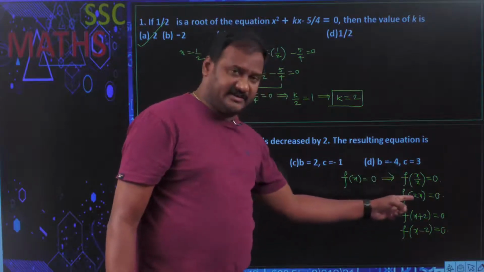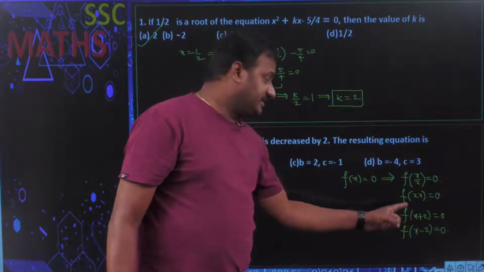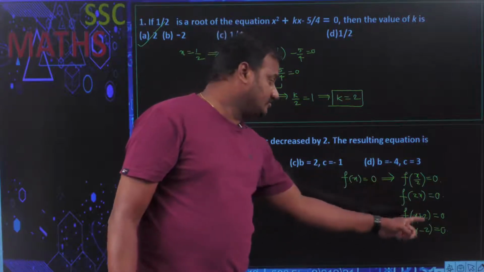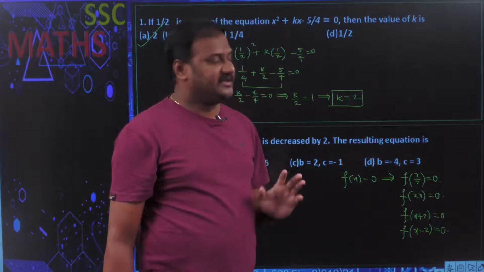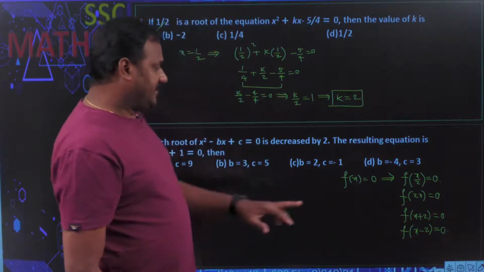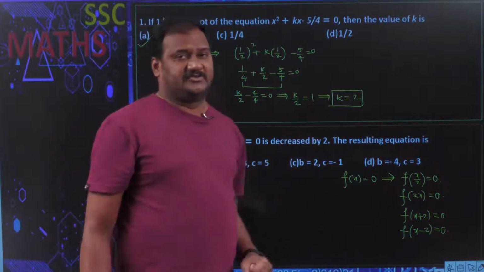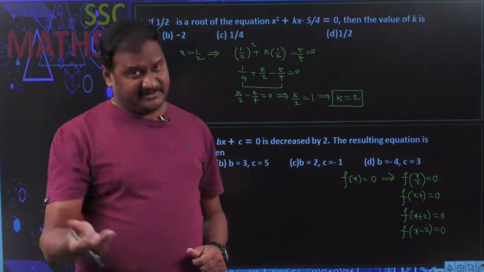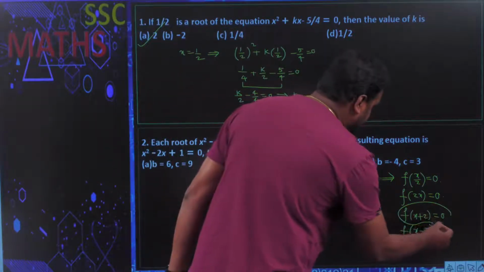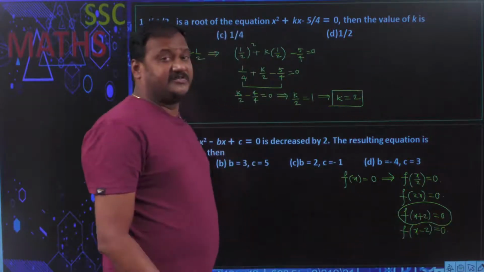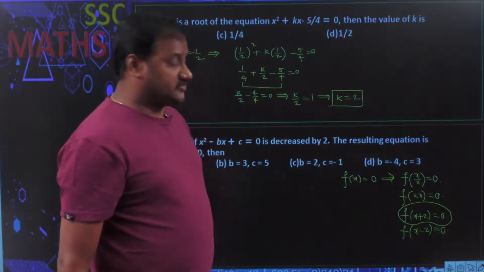Whose roots are divided by 2, that of f of x equal to 0; whose roots are subtracted by 2, that of f of x equal to 0; and whose roots are added by 2, that of f of x is equal to 0. Got my point? Now, see here. Our given problem is roots are decreased by 2. Decreased by 2 means subtracted by 2. So, whose roots are subtracted by 2, the new quadratic equation so obtained is f of x plus 2 is equal to 0. Got my point? F of x plus 2 is equal to 0.